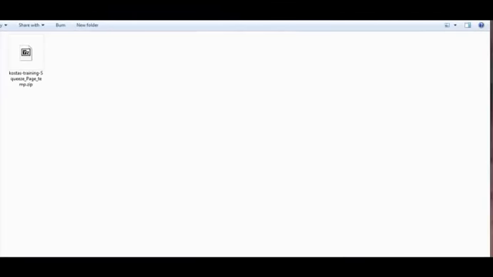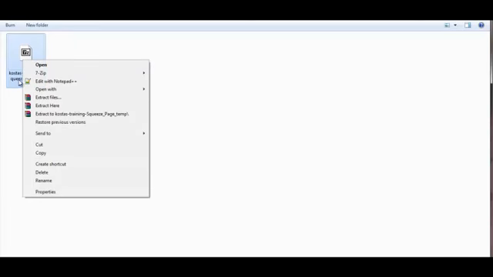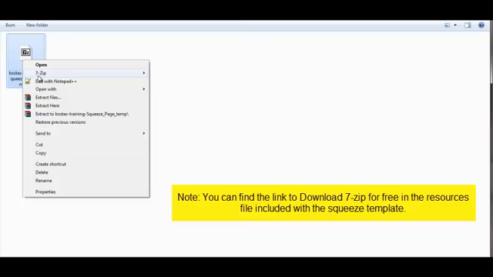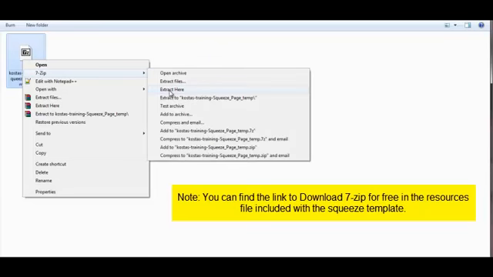Okay, let's get started. You should have already downloaded the squeeze page template. There should be a download link in the blog post, and once you download it and you have saved it in your computer, you'll have a file called Costas training squeeze page template temp.zip. All you have to do is unzip this file, so right click, and depending what zip file you're using, I'm using 7-zip, you can do just extract here,